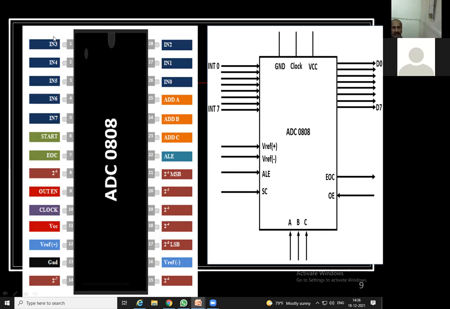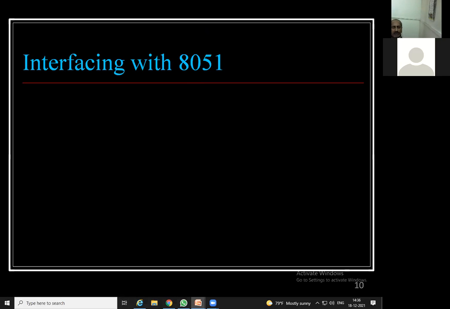So in that EOC, end of conversion, म्हणजे काय की whenever you are catching any input, that is analog input, it requires some time for conversion from this 30 degrees Celsius to 11011, like that. So if it is complete, this signal EOC is going to become 1. It is end of conversion, or the start of conversion is also there, that is SOC. So how is it going to be interfaced with 8051?